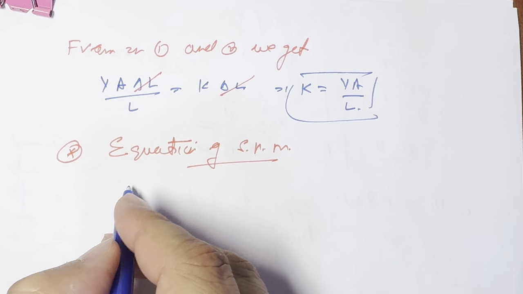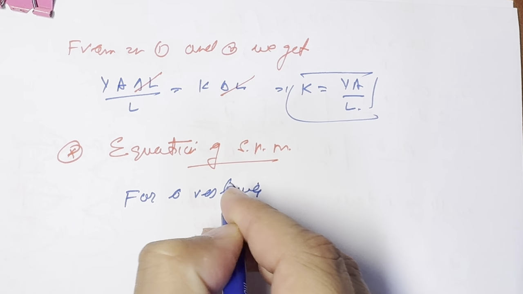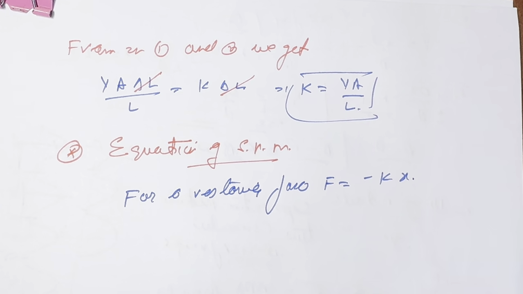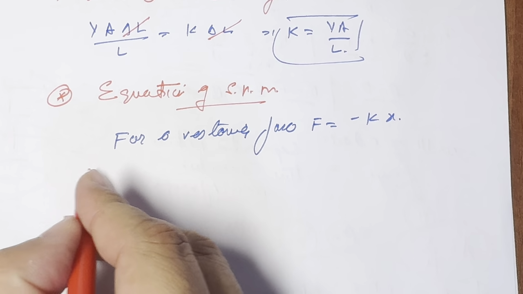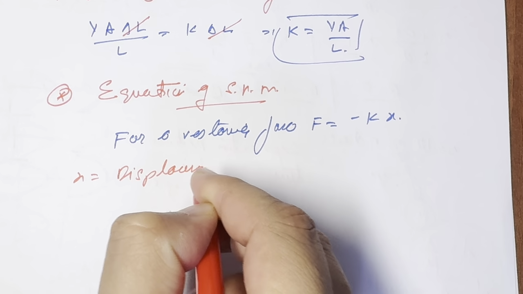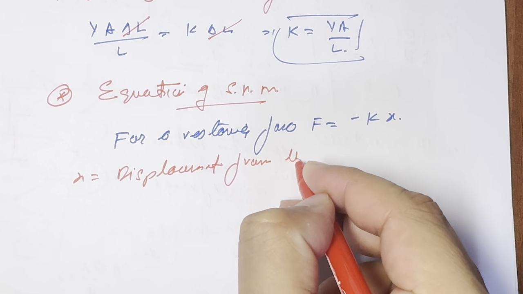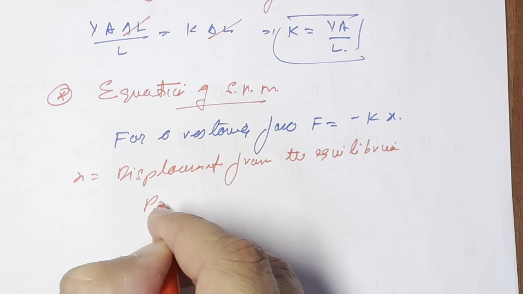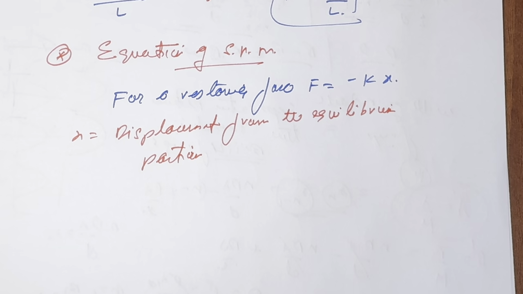So for a restoring force, F will be equal to minus K multiplied by X, where X is the displacement from the equilibrium position. So therefore the equation of the motion